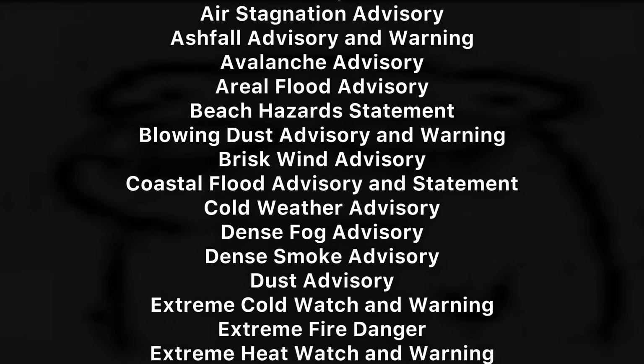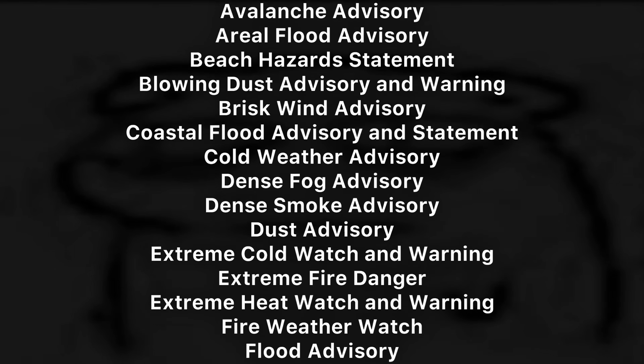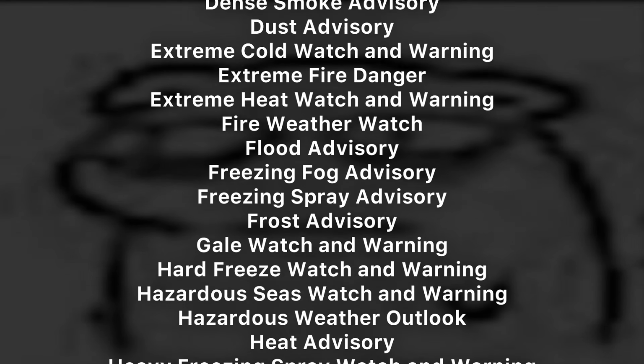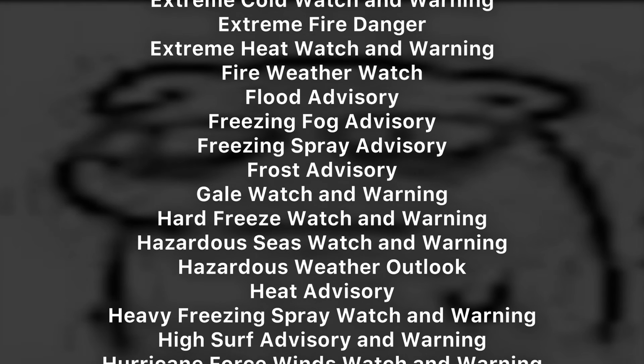So, air quality alert, air stagnation advisory, ashfall advisory and warning, avalanche advisory, areal flood advisory, beach hazard statement, blowing dust advisory and warning, brisk wind advisory, coastal flood advisory and statement, cold weather advisory, dense fog advisory, dense smoke advisory, dust advisory, extreme cold watch and warning, extreme fire danger, extreme heat watch and warning, fire weather watch, flood advisory, freezing fog advisory, freezing spray advisory, frost advisory, gale watch and warning, hard freeze watch and warning, hazardous seas